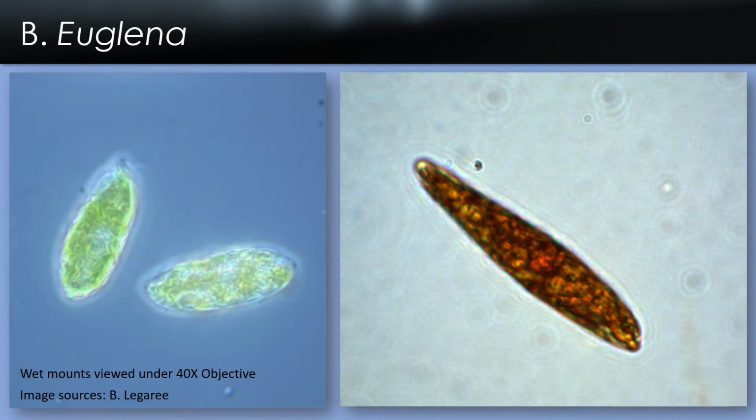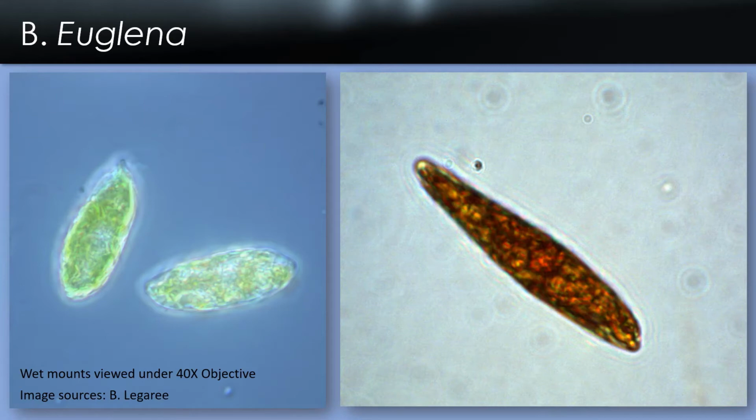Part B, the second activity, we are going to examine the swimming behavior of Euglena, a single-celled photosynthetic protist. The structures responsible for motility in Euglena are not the same as those used for the paramecium. Here are some pictures of Euglena that I took in the Biology 107 lab. They're a little bit smaller than the paramecium, and they're a lot faster. They're very hard to get good pictures of. These were some of the best ones that I was able to get, and unfortunately, I was wishing they were